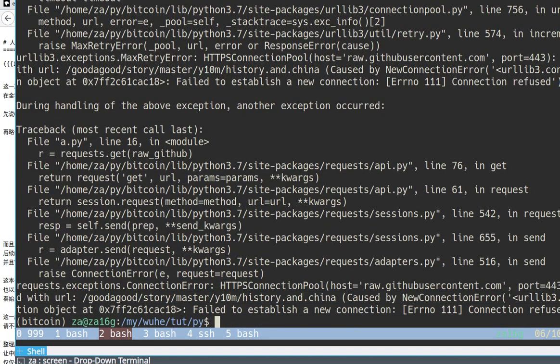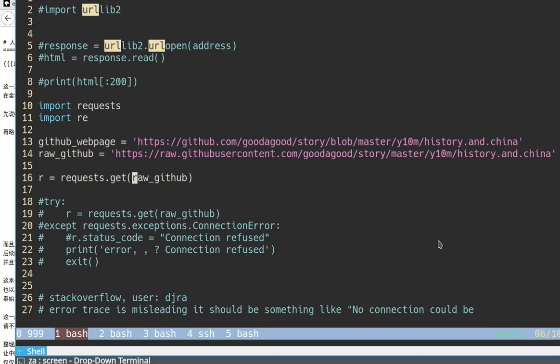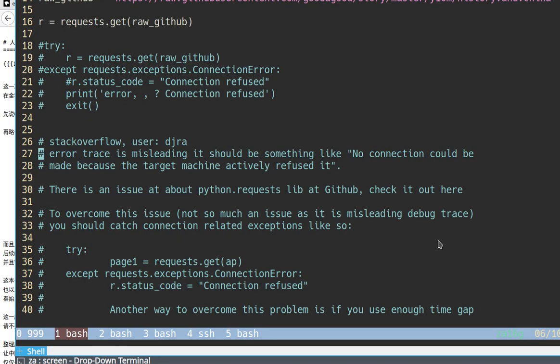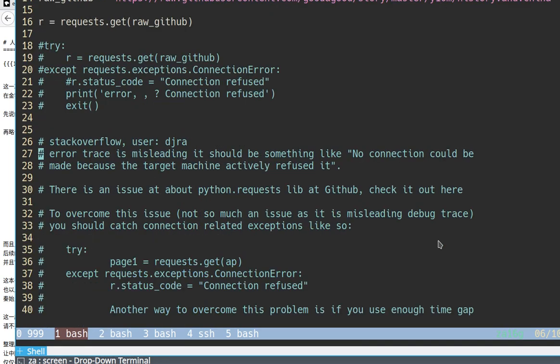Okay, we got a lot of errors, and I'm going to show you what's happened. There is a Stack Overflow thread talking about what's happening. The error traceback is misleading. It means what we are just seeing is misleading, simply because the Python package requests is a very good